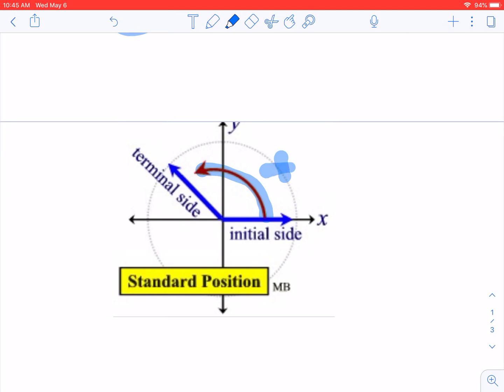However, as you saw in the previous example, we can also open down or in the clockwise position. If we go in the clockwise position, that would be a negative angle, or a standard angle in negative